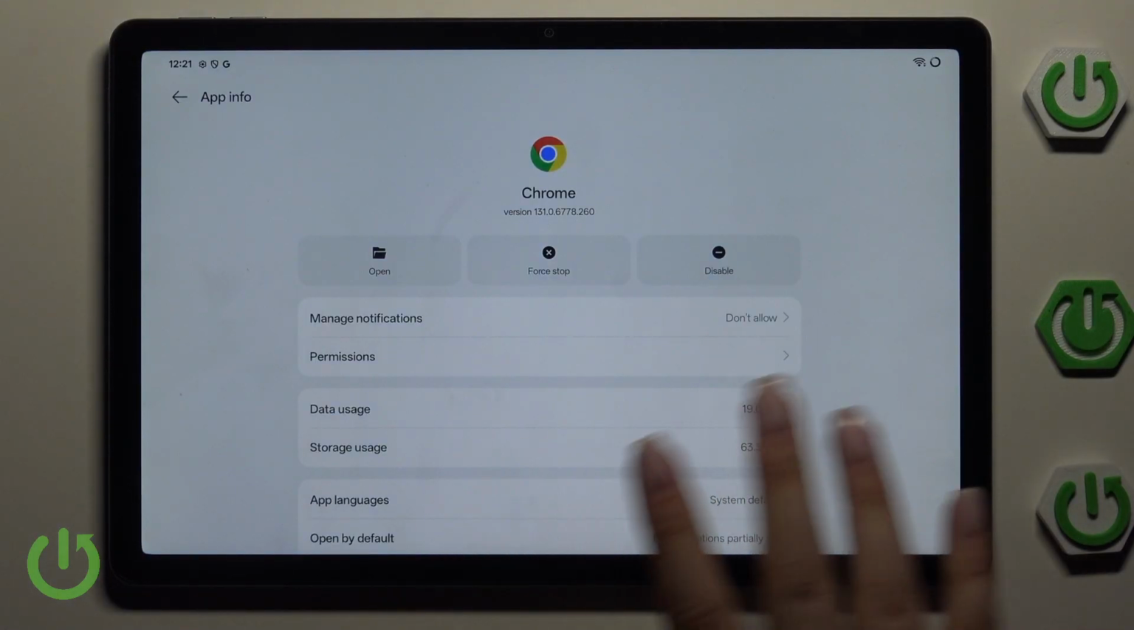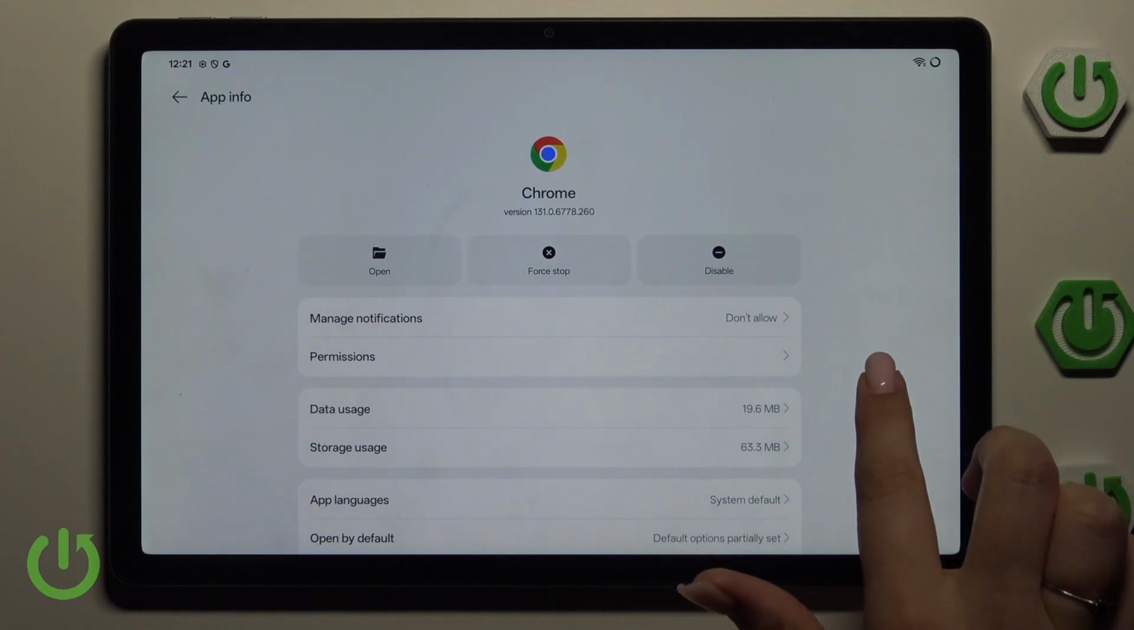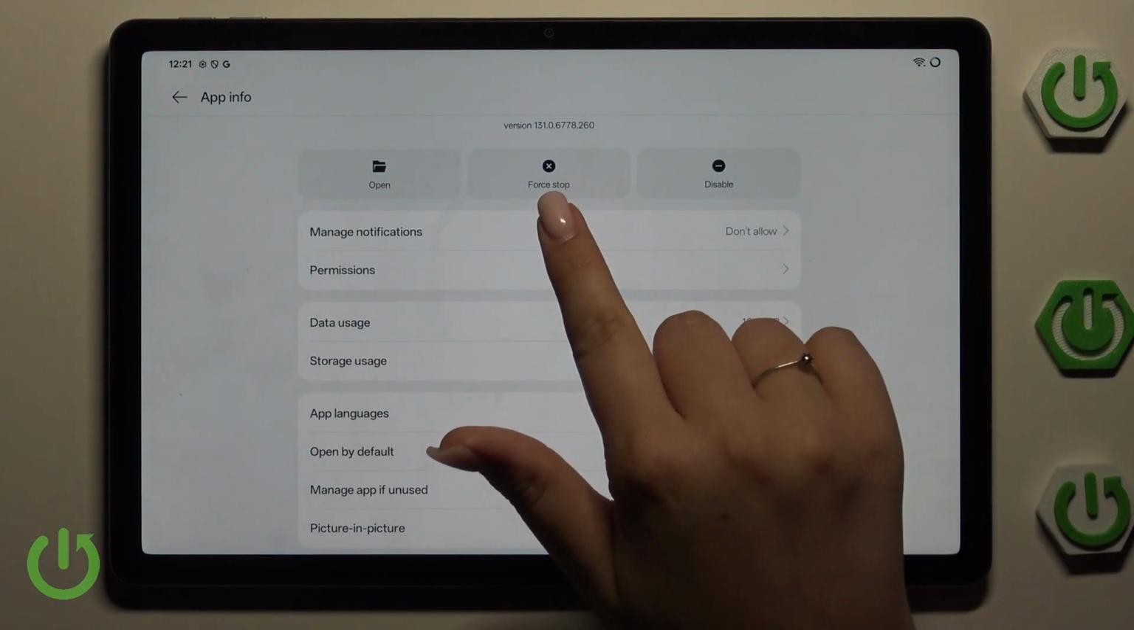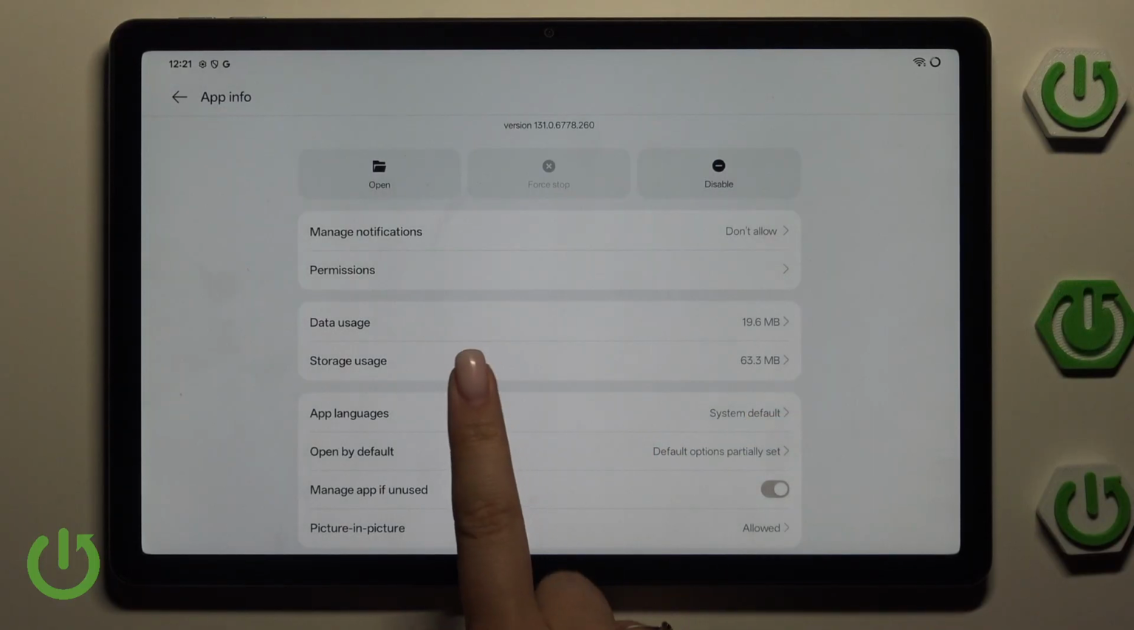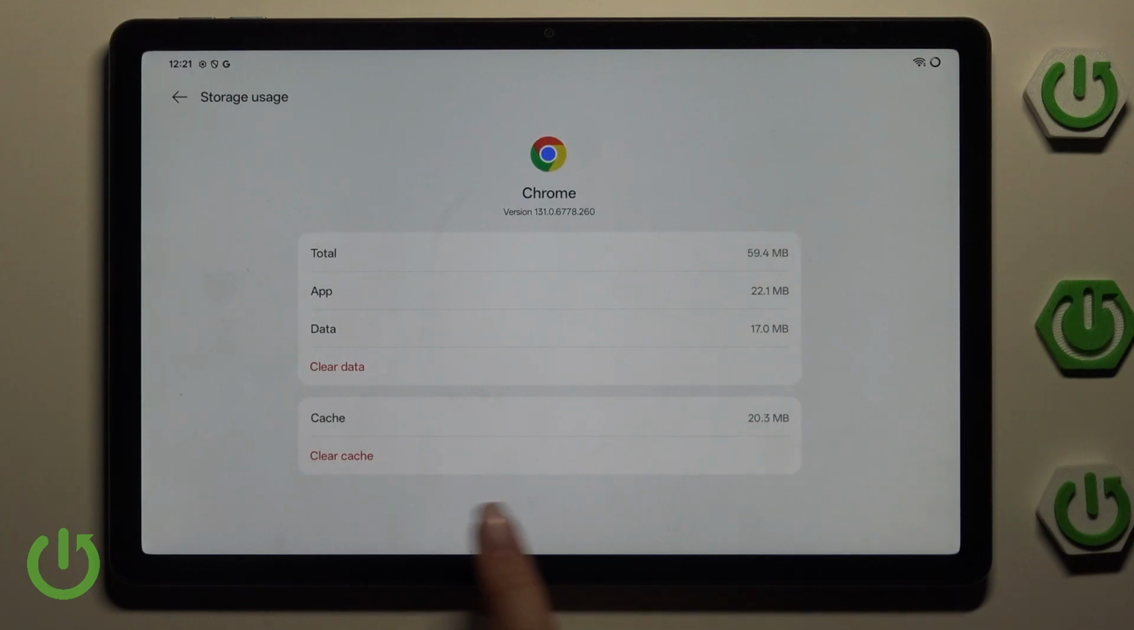So here we've got this app section, and first of all, what I highly recommend is to tap on Force Stop, and then tap on Force Stop again, and then tap on Storage Usage, and find this cache section. Tap on Clear Cache. Basically, the cache are junk files which are usually saved by your device, but they are not only not necessary for the normal usage, but too much cache can actually affect the app and prevent it